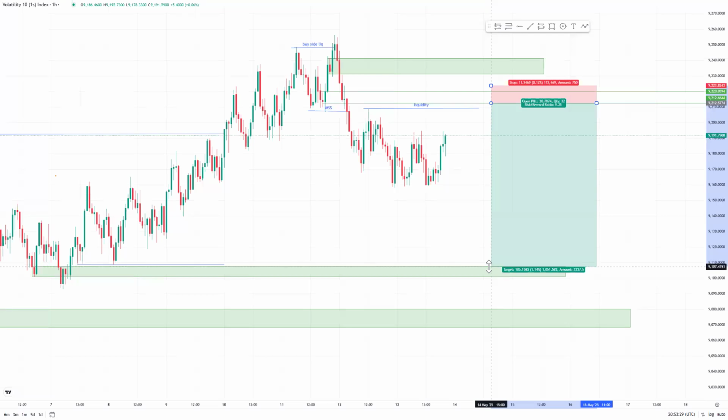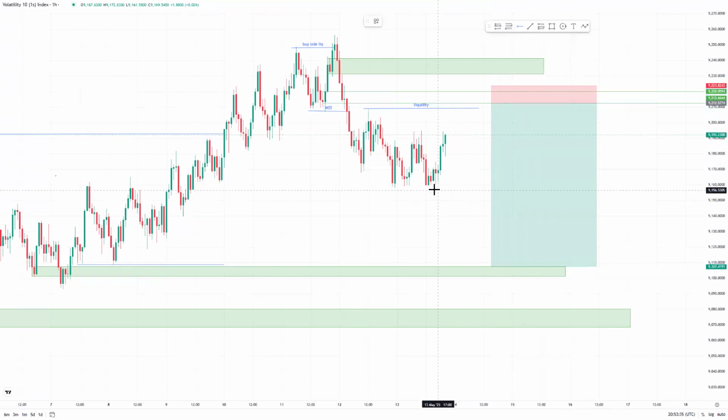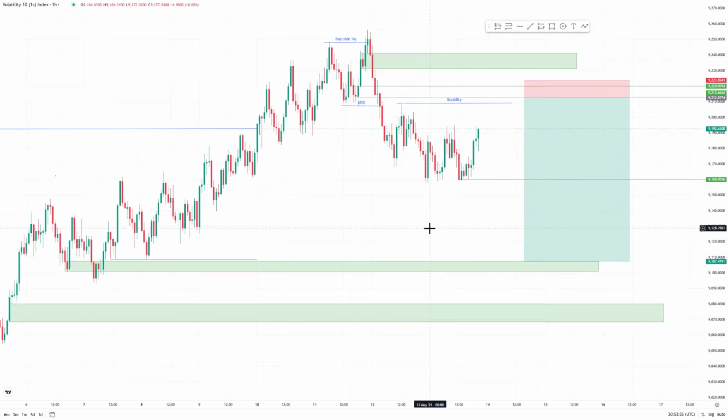No, this is not the first place. This is the second place. The first place should be here, this draw on liquidity. The end of this, what's it called? The swing. After the swing, the whole reversal, all this before price gets into my zone. This is where I'll be interested in taking TP, the first TP. Then the second TP would be where I know market will reverse from,